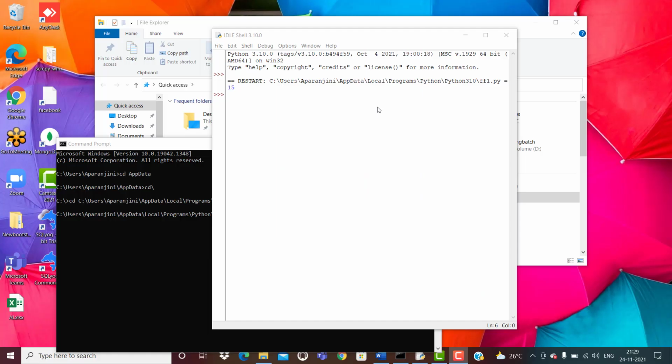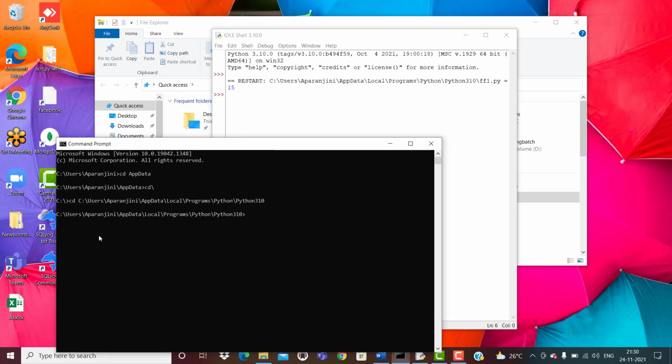Today's topic is command line argument. Till now, we have seen using the IDLE and Jupyter notebook. So we will see the same program, how to work using command line, whether it is going to execute or not. So what is command line argument? That means this is normally